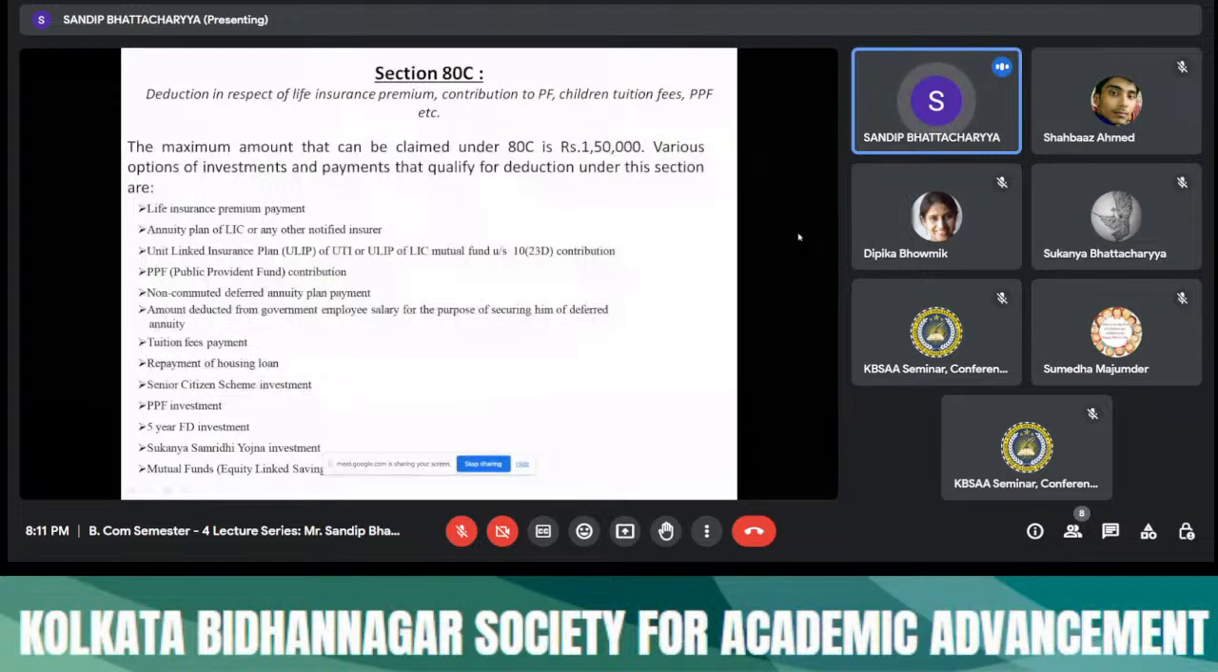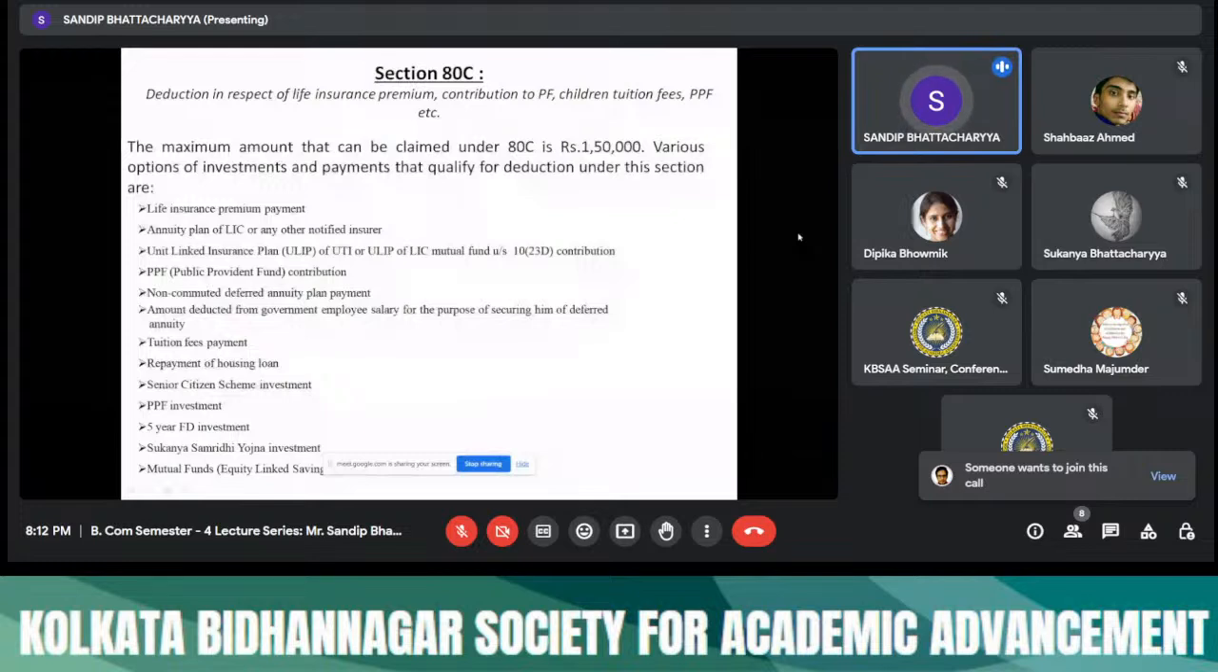That is the life insurance premium payment. Now, life insurance premium for your own life, life insurance premium for your family, annuity plan of LIC, unit linked insurance plan, any LIC mutual fund, public provident fund contribution, employees provident fund, any recognized provident fund, general provident fund, that is called GPF, or amount deducted from a government employee to secure him in deferred annuity, any tuition fees payment, repayment of housing loan,